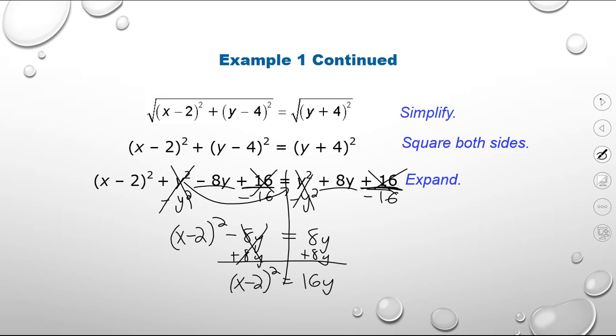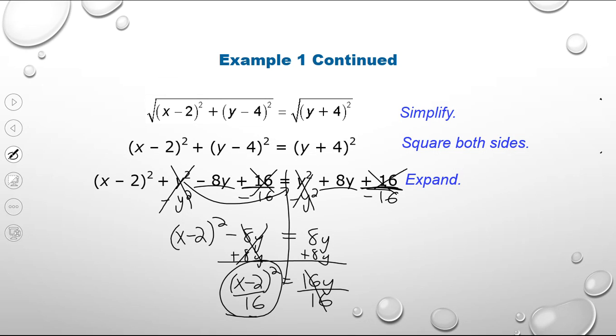And now all I got to do is get this y by itself. I'll divide away that 16 that's on it, and I'll have y equals essentially this. Y is going to equal, how we're going to write those, we're going to write the 16 as its own fraction. We're going to write the 1 over 16, and then we're going to have the x